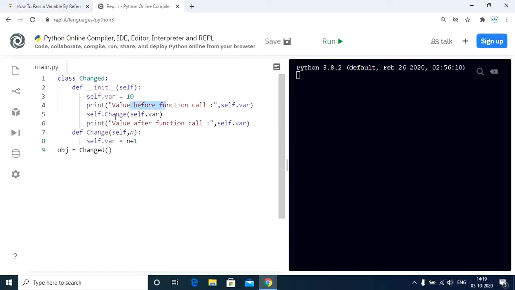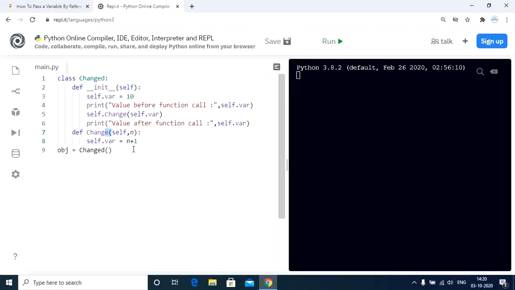Then we make a function call using a function change. Change is a function that we defined. It accepts the value of the variable var and then adds 1 to it. However, change now has a couple of arguments, self along with n.